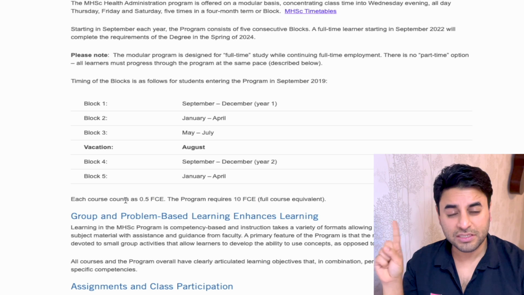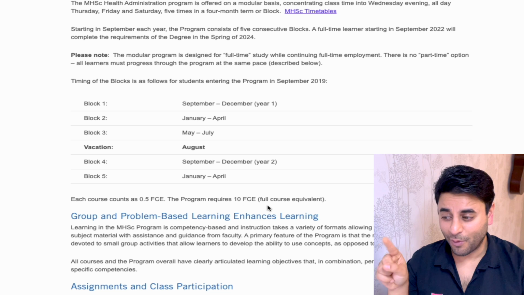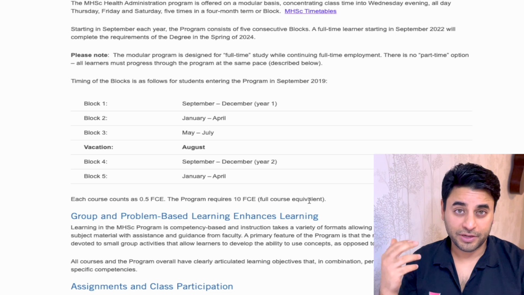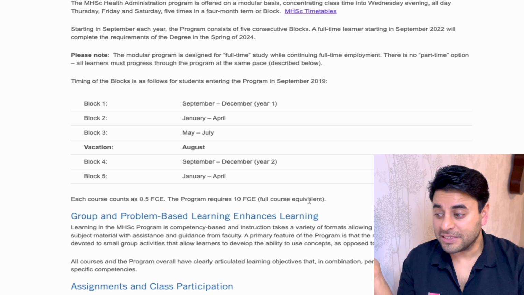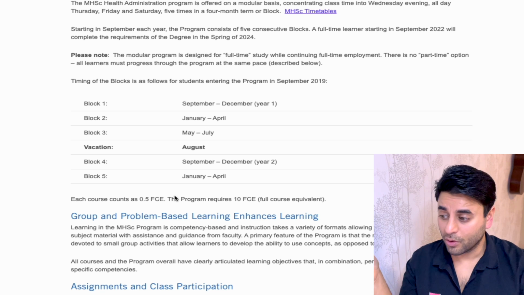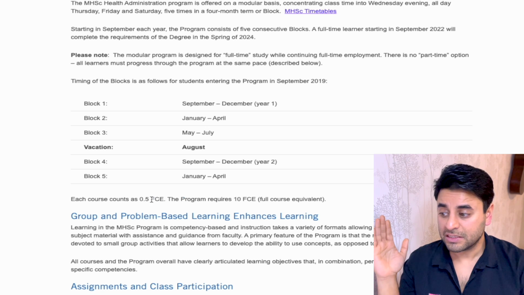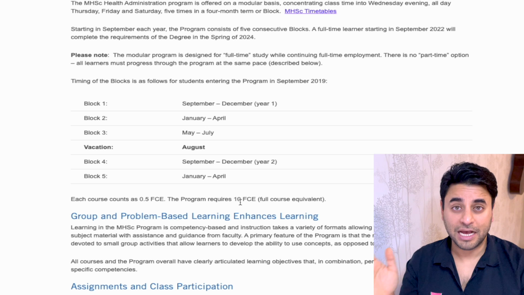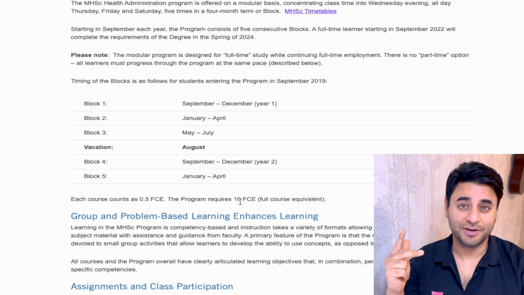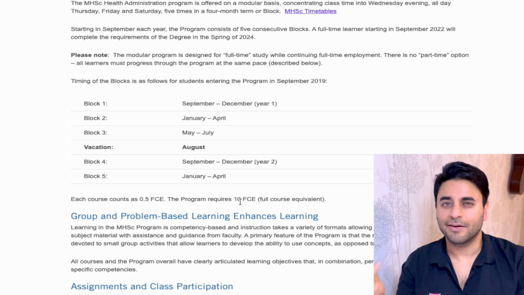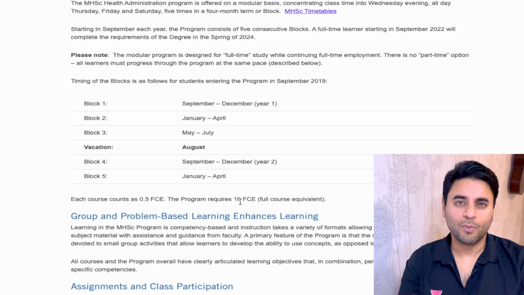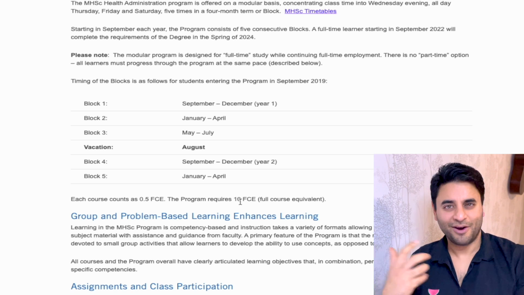So each course is 0.5. And the program requires 10 FCE, which is full course equivalent. That means I'm going to take 20 courses, and probably some of the courses might be a little bit more credits, but this program is probably asking you to take 20 courses in 2 years time, 10 courses per year, maybe 4 in the fall, 4 in winter, 2 in spring,